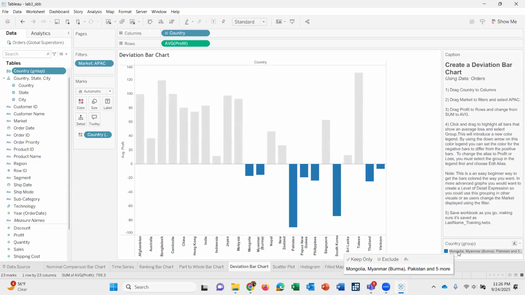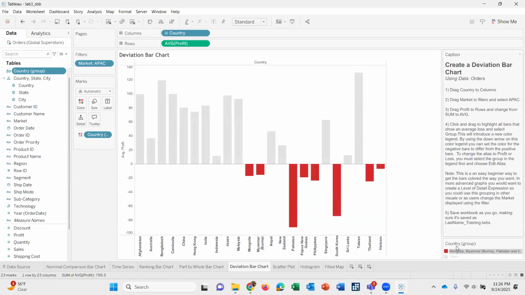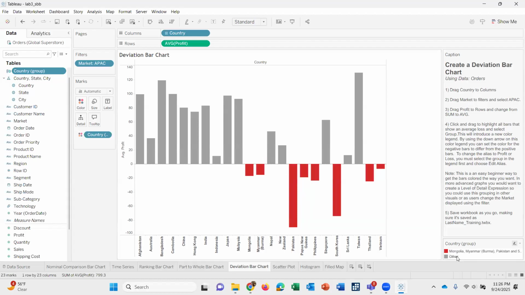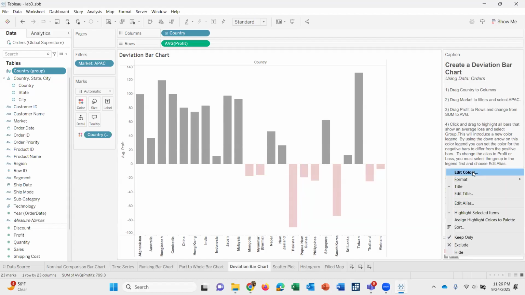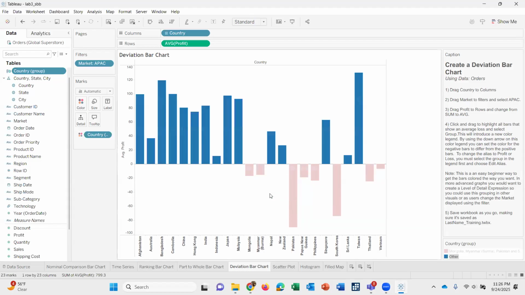Okay, so in the legend, you just need to simply edit the colors. Let's say I want to have red for this one, and then I want to have blue for the other one. Then click OK, and you will have the two colored countries. The ones that have profit are shown with blue, and the ones that have loss have